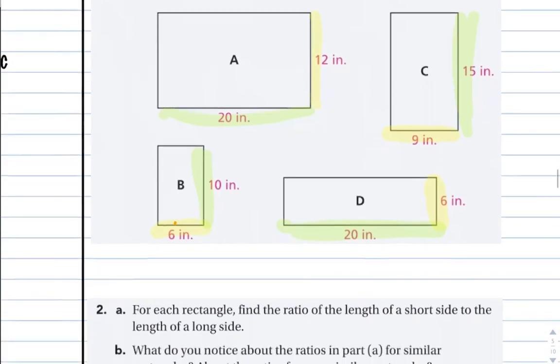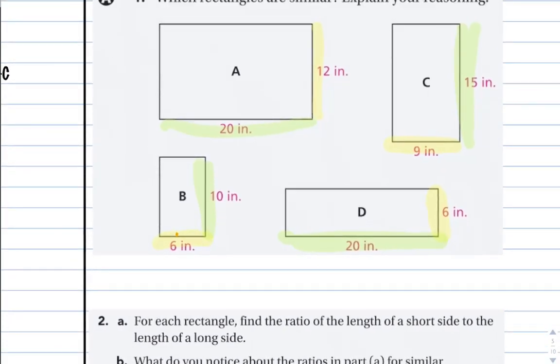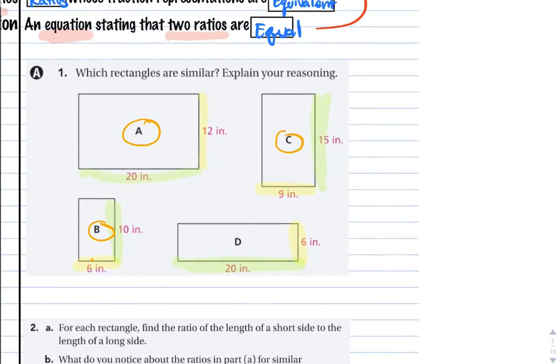All right, so we know that similar triangles are A, B, and C. I'm just going to write that off to the side over here. So I'm going to say triangles A, B, and C are